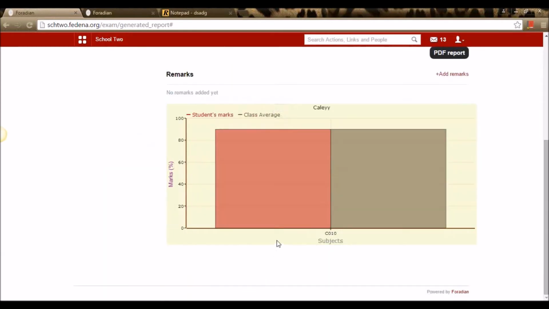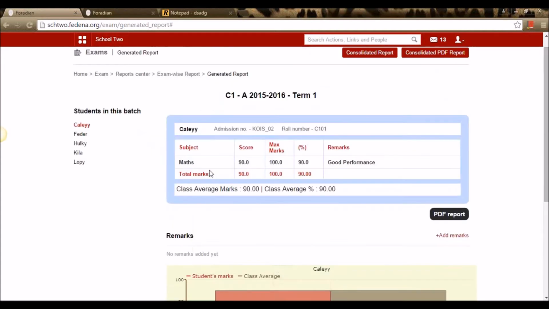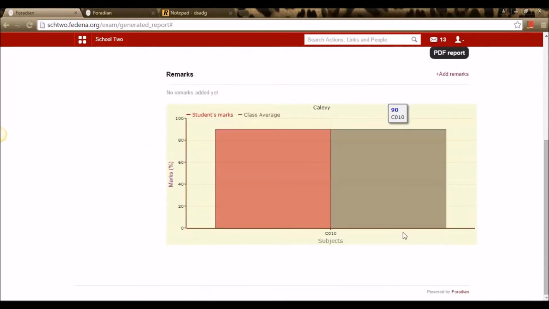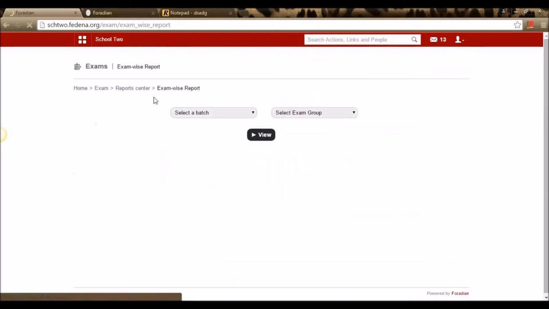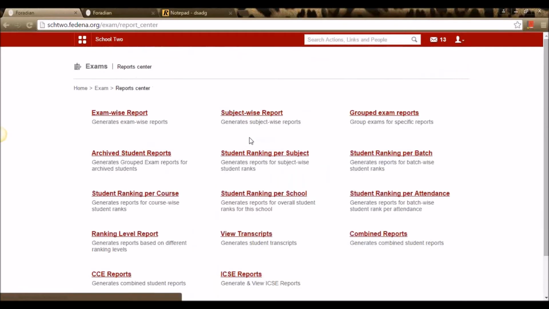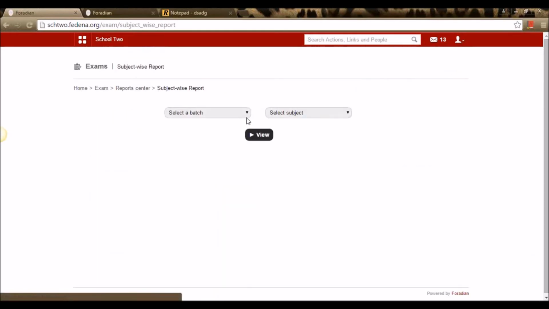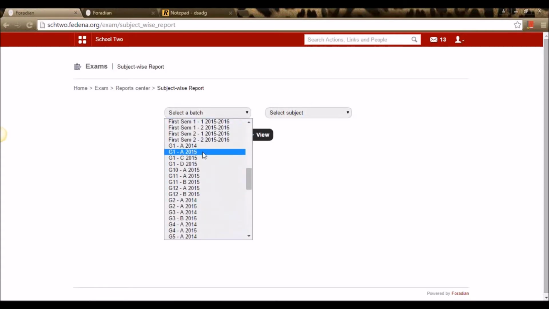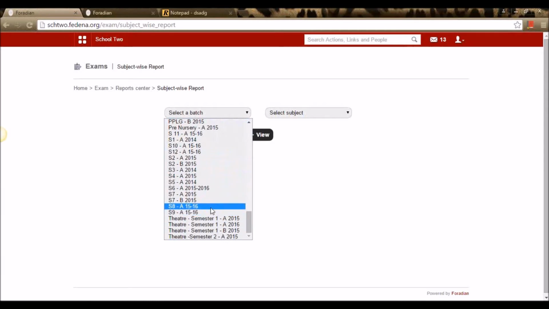We have a graph here representing the marks that they've scored and the class average. We have an option of taking a PDF report. Let's check the subject-wise report. We need to choose a particular course.